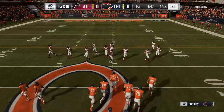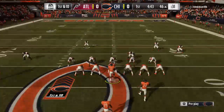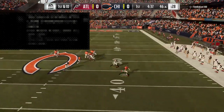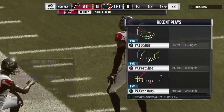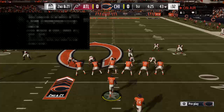From Falcon territory now, here's 1st and 10 at the 46. Here's Trubisky. He'll buy some time right, and he's going to go down. They sack him back at the 42. Deion Jones coming. To an early 2nd down and